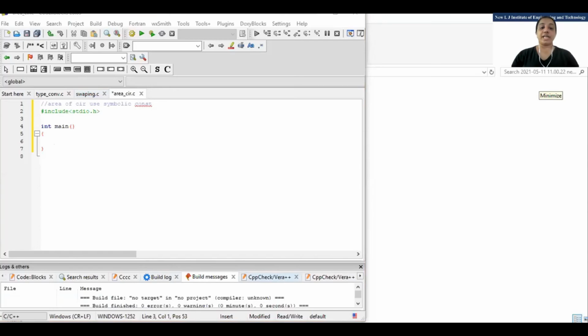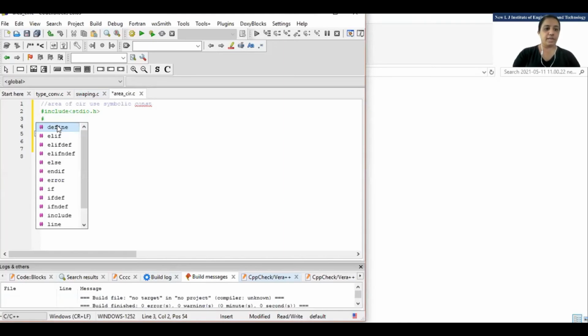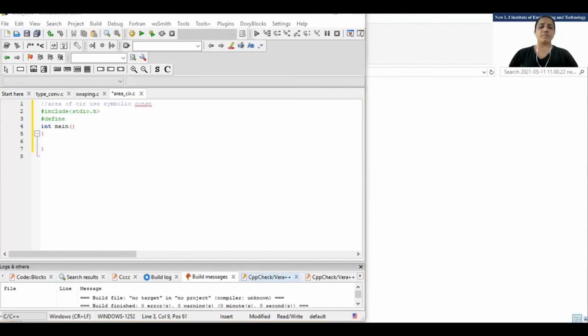Pi I need to take as a symbolic constant, so I will use the hash define statement. I am not supposed to add math.h, right? Because this is pi r square, I'm writing it here. So what will I do?